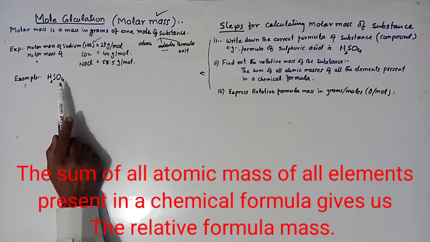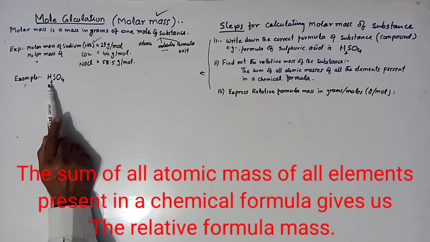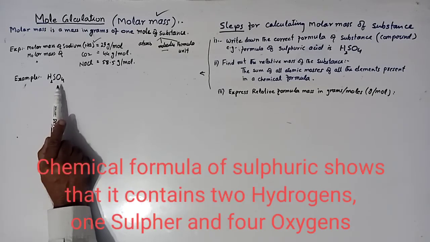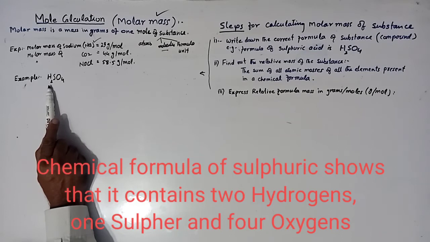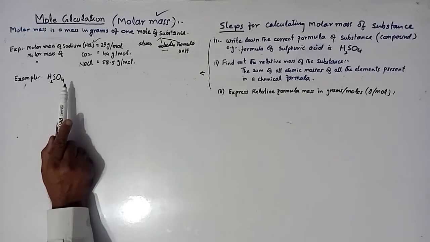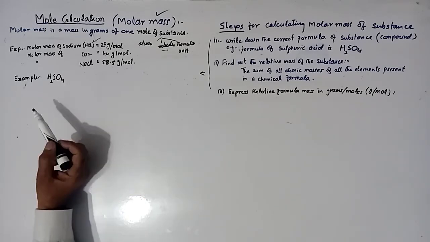The chemical formula of sulfuric acid, H2SO4, shows that it contains 2 hydrogen, 1 sulfur and 4 oxygen. Thus the relative formula mass of H2SO4 is